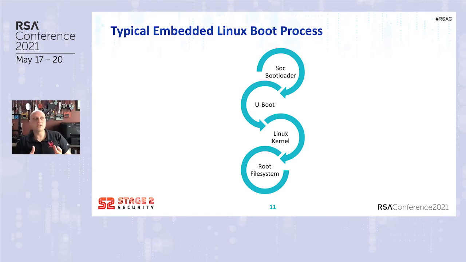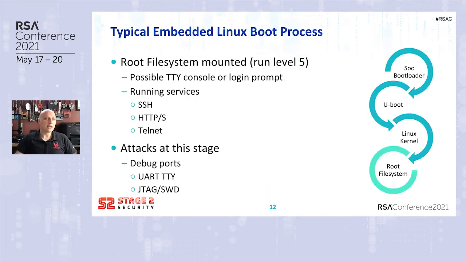It might seem a little confusing at first, but I think that makes the most sense because it starts with what most people are familiar with and then slowly backs up from there. So we'll start down at the root file system. This is basically when the machine is up and running, right? This is what most people are used to seeing 90% of the time. You've got all the services that it runs. Maybe it's running SSH or HTTP, or if they're still running Telnet, all those are the attack surfaces available.